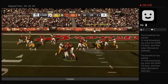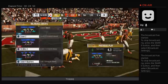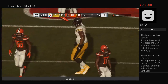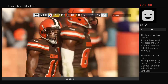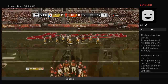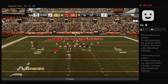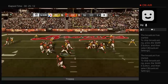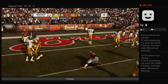Oh, how about this on 1st and goal? And running room scarce here. He's going to be stopped in his tracks at the line of scrimmage. They'll say no gain on the play, and it'll be 2nd and goal. They come up here with another shot from the 6-yard line, and it's 2nd and goal now. They get it to him running left, and that'll get him halfway there as he takes it from the 6